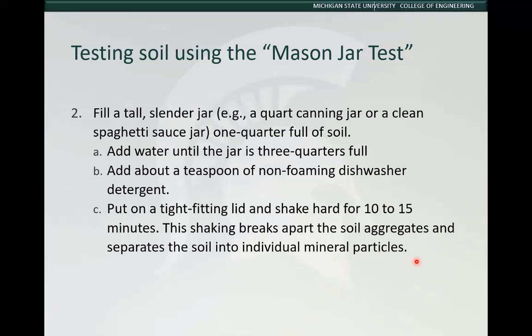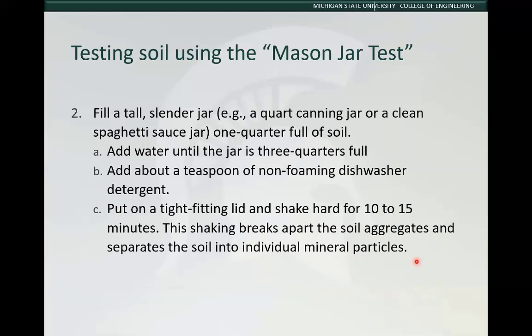You're going to put the lid on. You're going to shake it hard for about 10-15 minutes. And this breaks apart the soil aggregate, separates the soil into its individual mineral particles. And that's what you need to do in order to